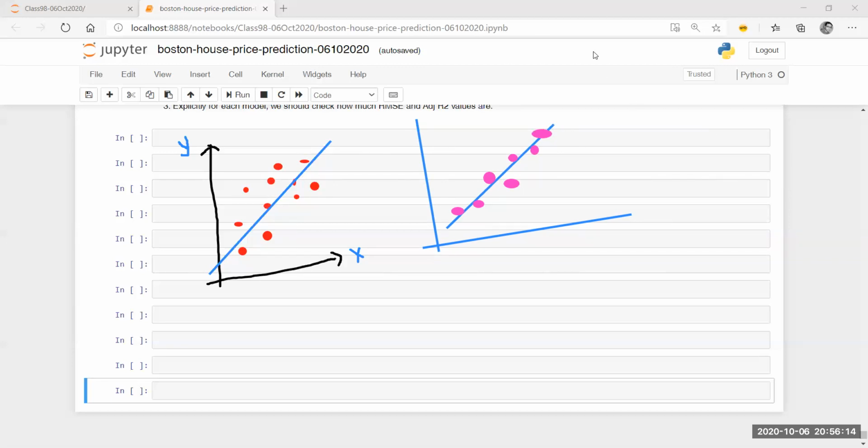The answer is, if I show this to anyone who is not aware of the concept that I'm going to talk about right now, that person will say this is the best model in the world, right? Because if you see, there is not much difference between the actual points which are in pink and the predicted points, which we can draw as perpendicular lines on the best fit line. The distance is so small that we can't even see it. It's almost on the line of the prediction. So the distance is very small.